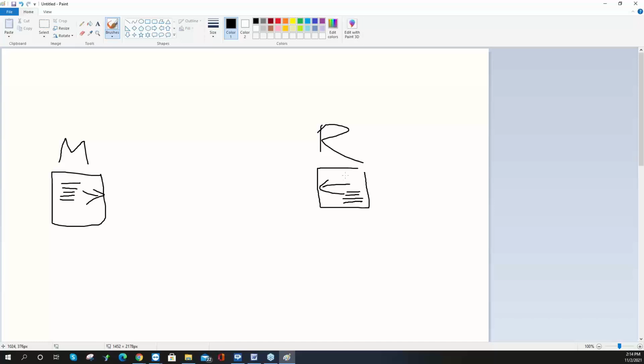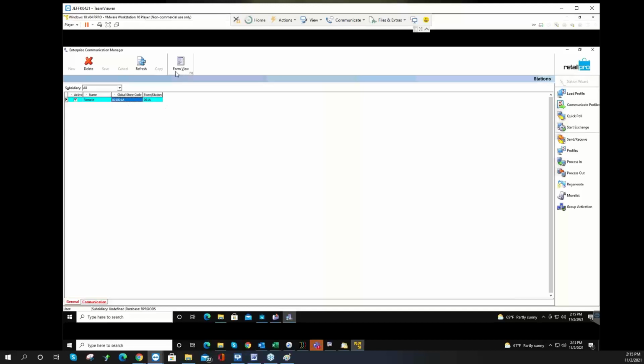Now, that is an option. You could make items at the remote and you could choose to accept them at the main, right? Who's in charge is defined in polling, right? So in a station file here, form view,